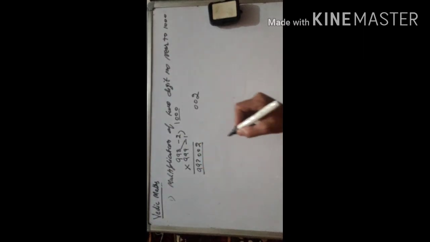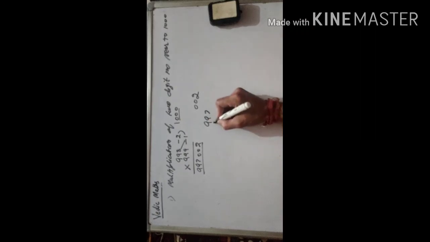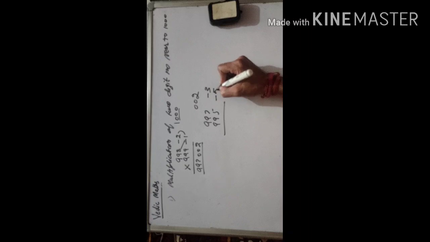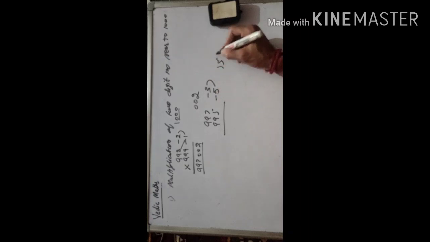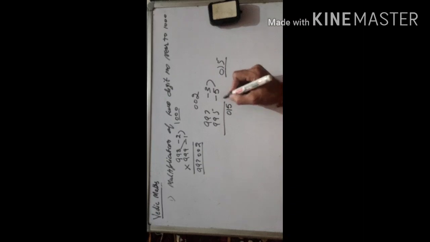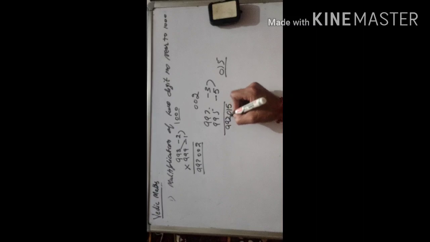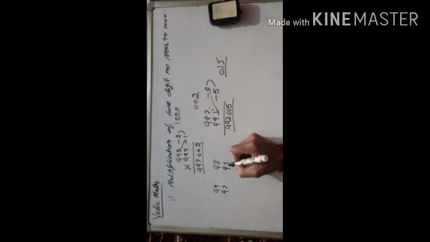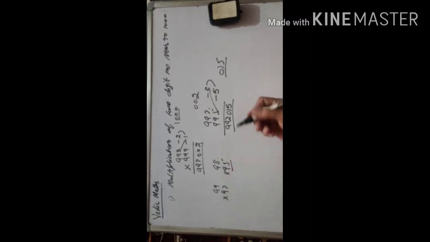Simple. Next is 997 into 995. This is minus 3, this is minus 5. 5 3s are 15. It is a 2-digit number. We have to make it a 3-digit number by putting 0 in front of it. 015. 997 minus 5 is 992. 995 minus 3 is also 992. This is your answer. Now practice these questions like 99 into 97, 98 into 95, or